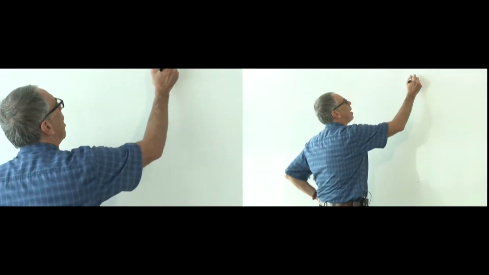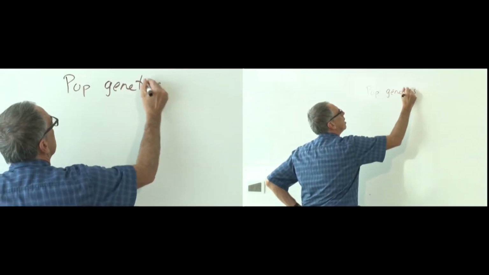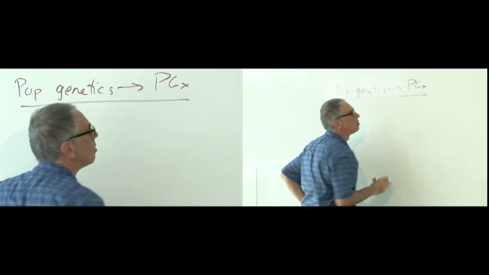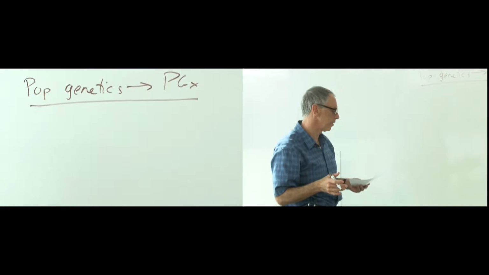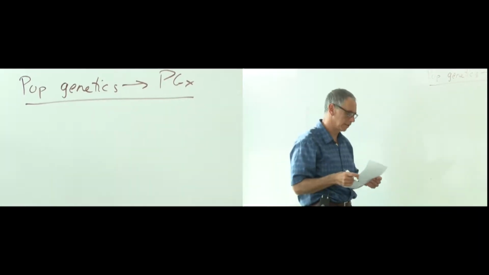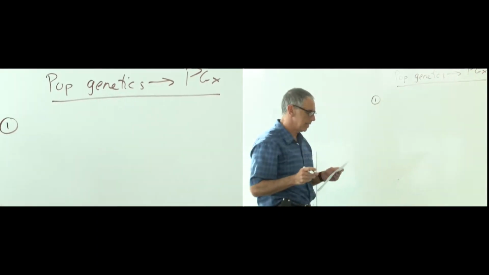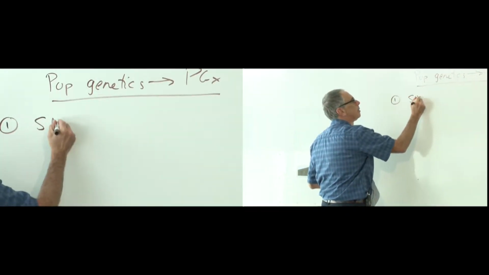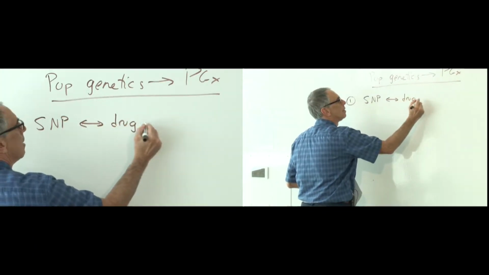Okay, in this segment, I just want to talk about how population genetics and diversity impacts pharmacogenomics in general. And it all derives from some of the conversations we've had previously on the basics of genomics. First one to say is that we must make sure that SNP or variant associations with drug response phenotypes,